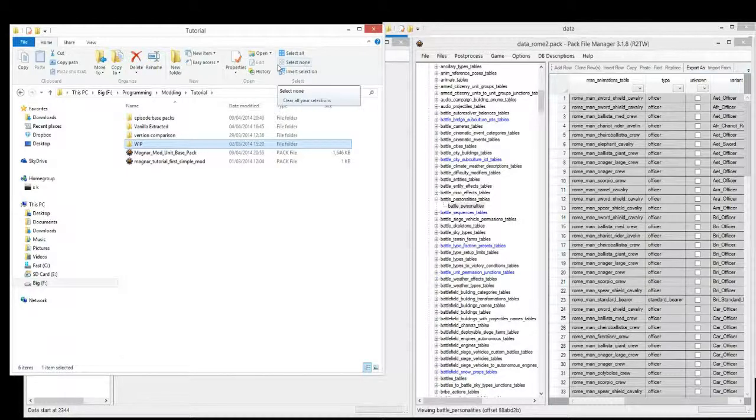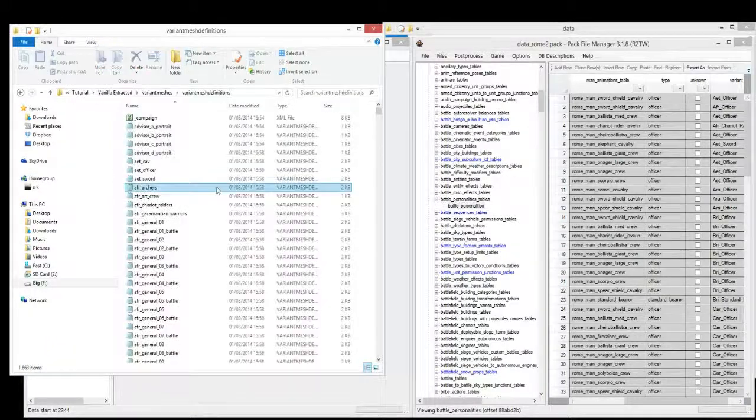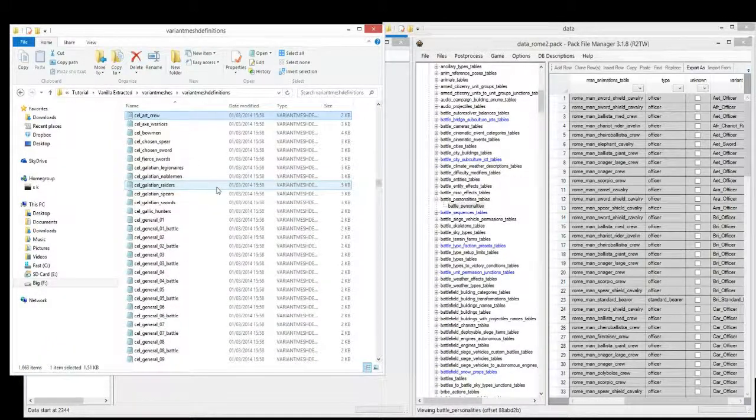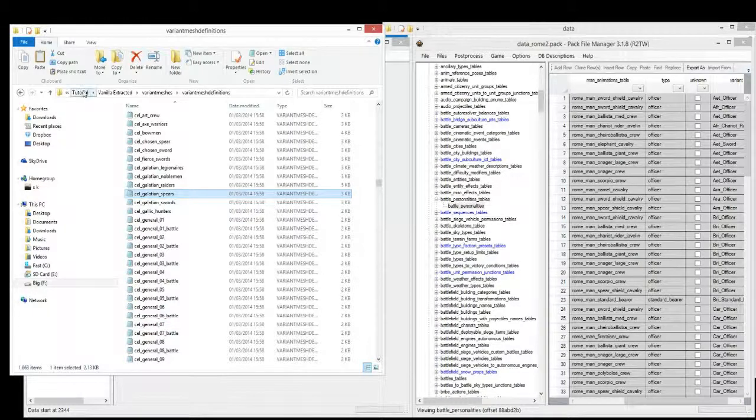In this episode I'm going to show you how to add an officer to a unit, a custom officer. First we're going to create the variant mesh definition for that officer. So let's go into the vanilla extracted variant mesh definitions and pick a random one. Let's pick a spear. Galatian spear, why not? Okay, so we'll copy that, and we'll go to our whip folder,